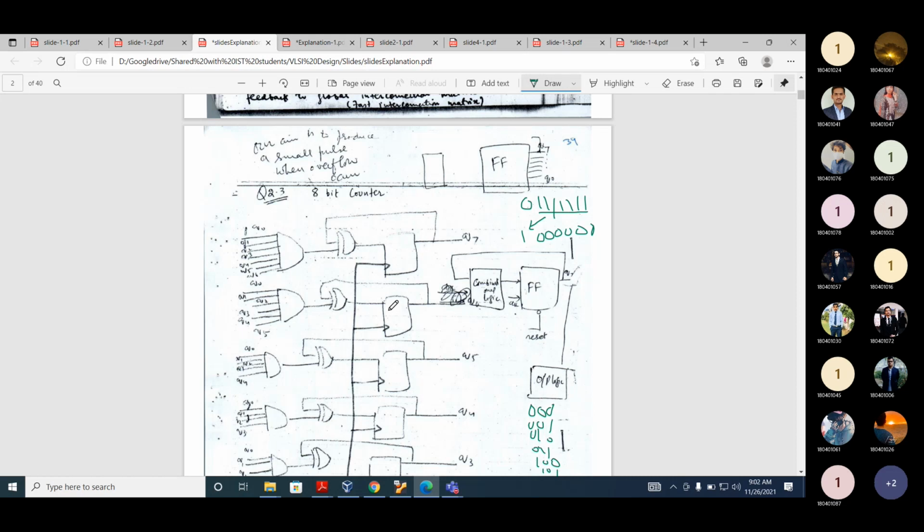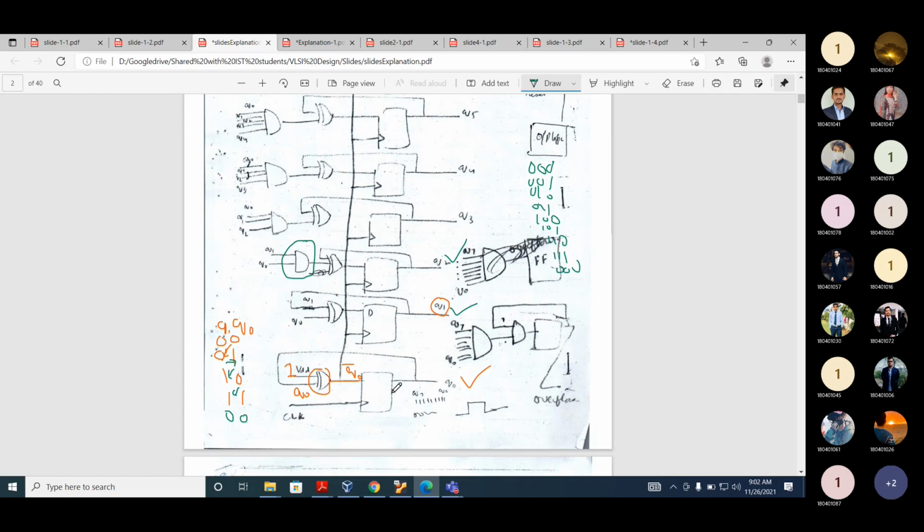Now, if we want to implement this counter on the Xilinx MAX architecture, how many flip-flops do we need? 8 flip-flops.